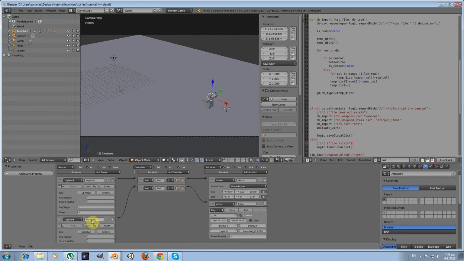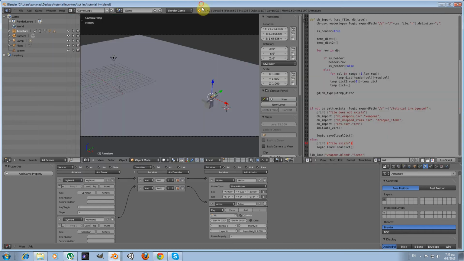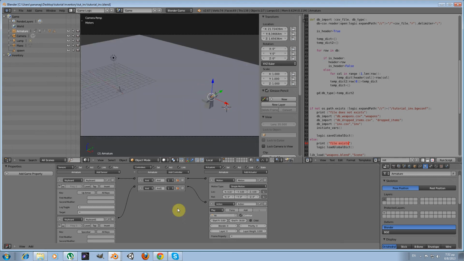Now here I have the tutorial inv.bg config file, and this means that when I press P, the code will check that the bg config file exists, and it won't execute this piece of code. It will execute this one here. So I expect to see "file exists" printed on my system console window. So press P and escape, and there has to be a problem because